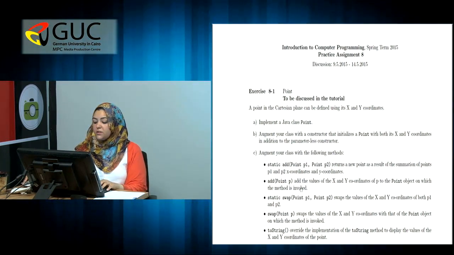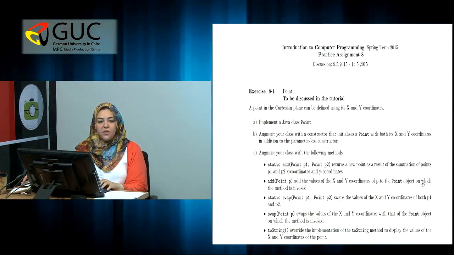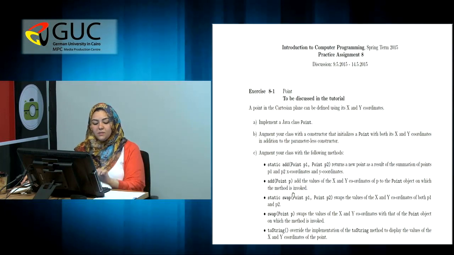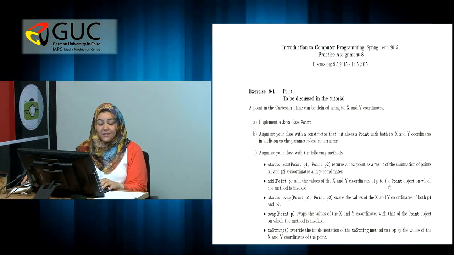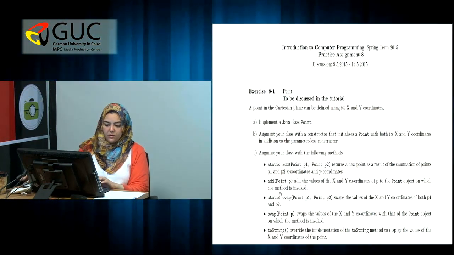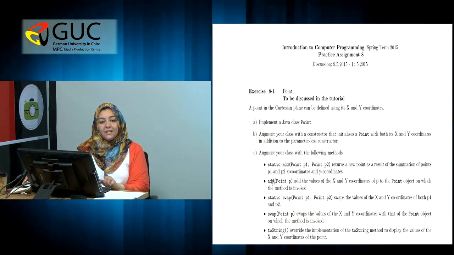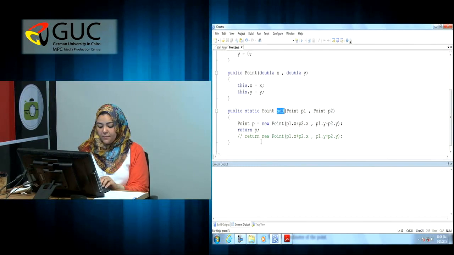How did you know? Because here it says to the point object on which the method is invoked, which means that this method will be invoked on a point object. So this method is an instance method. So what we can do is we'll write the same method for the add. However, we'll write the instance version of it. So we'll say public, we'll not say static, and then we'll say